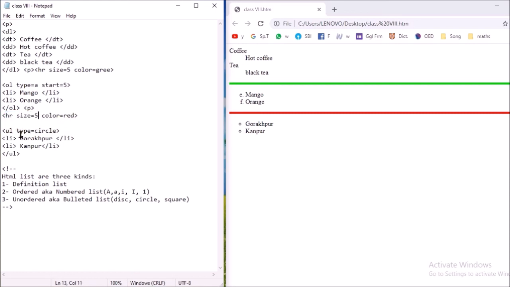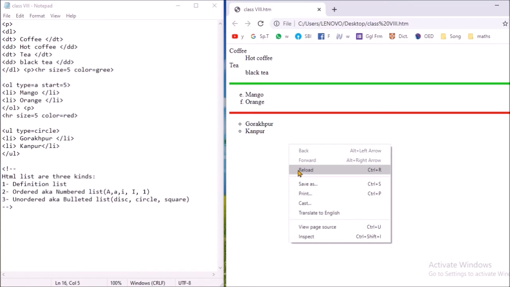Then UL type circle. The unordered list has one attribute, that is type. The OL tag has 2 attributes, type and start. If you do not type it, then by default the unordered list will be black disk. So list items Gorakhpur, Kanpur, UL, these are the output.